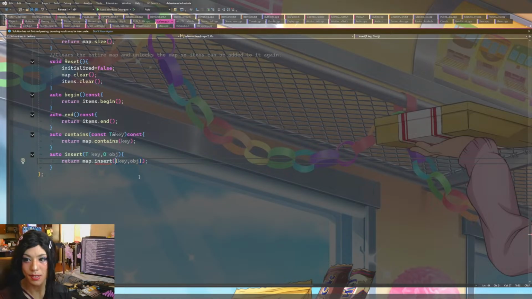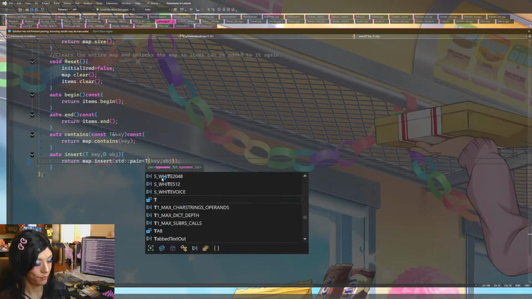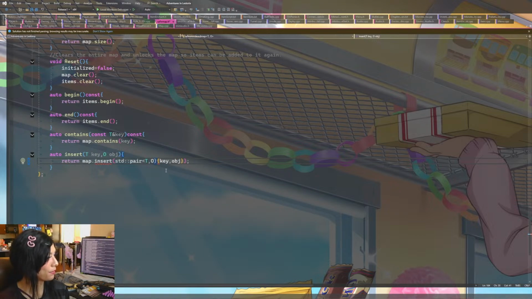Maybe it doesn't recognize this. Do we have to... Am I gonna have to, like, cast that? It's kind of weird, right? I don't know. I don't know if that's actually